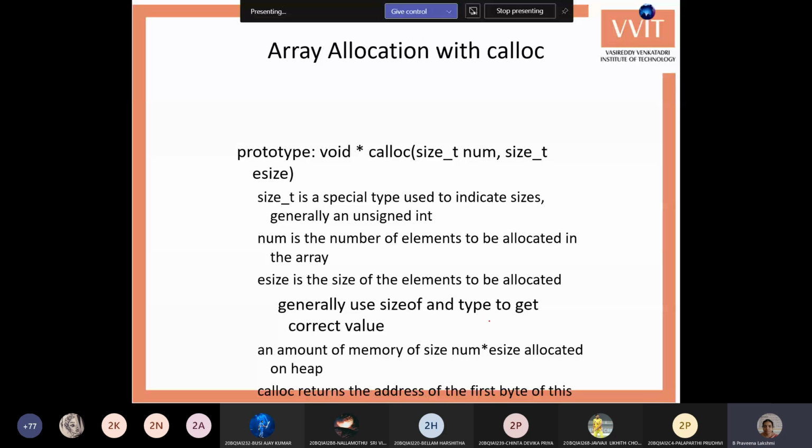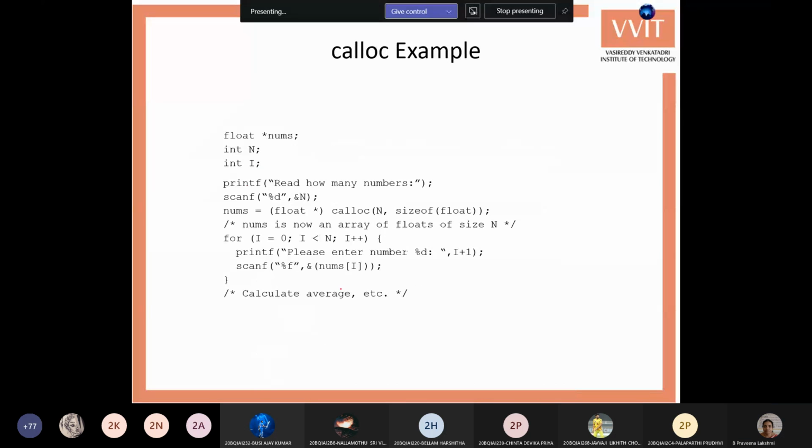The prototype of calloc is void asterisk calloc, with the number of variables and the individual size. Example: calloc of n, that is the number of variables you require, and what is the size of each variable, that is, the size of one variable.